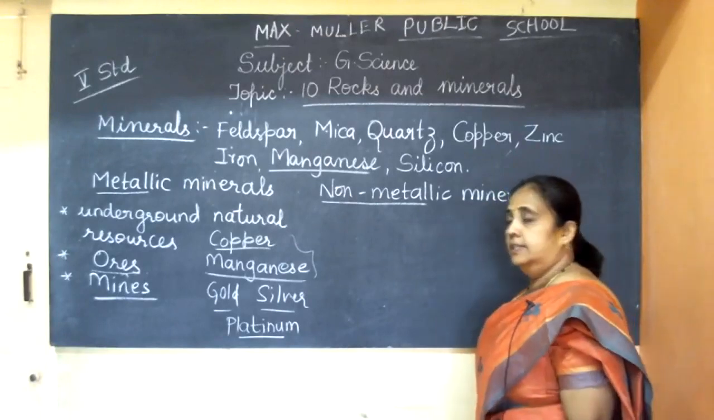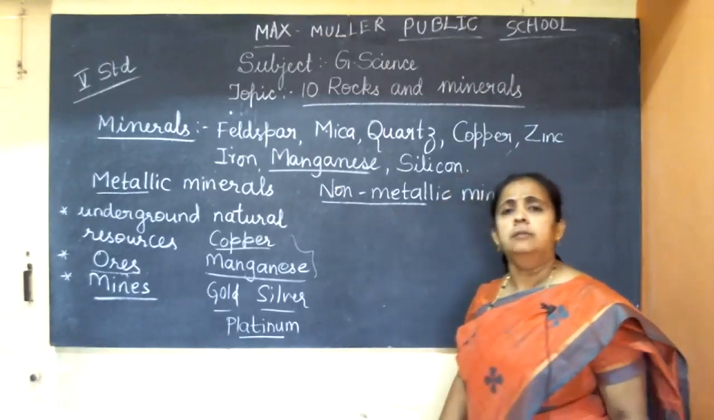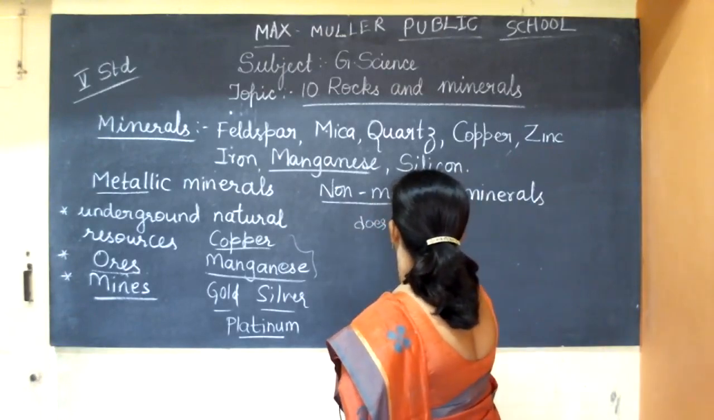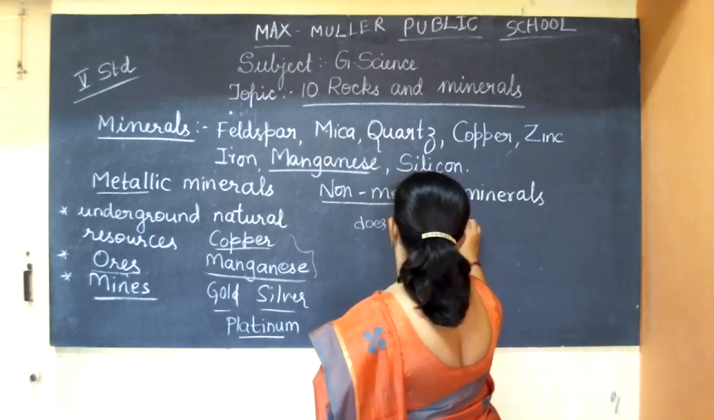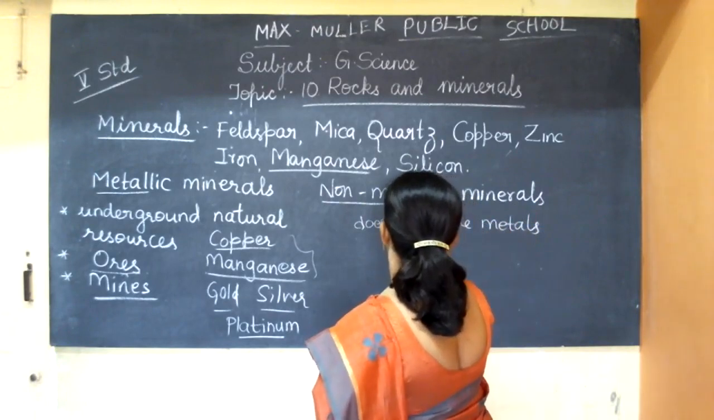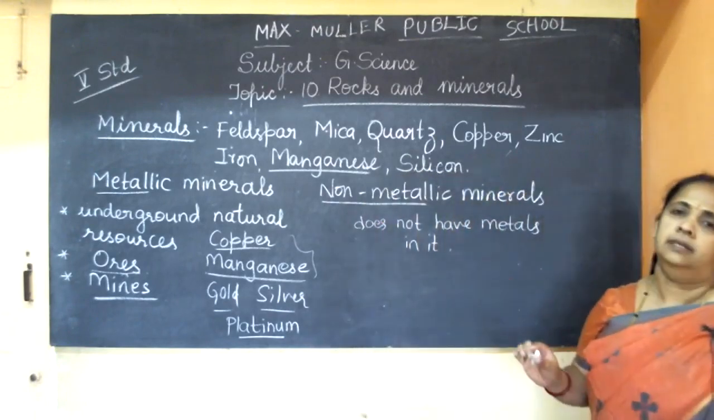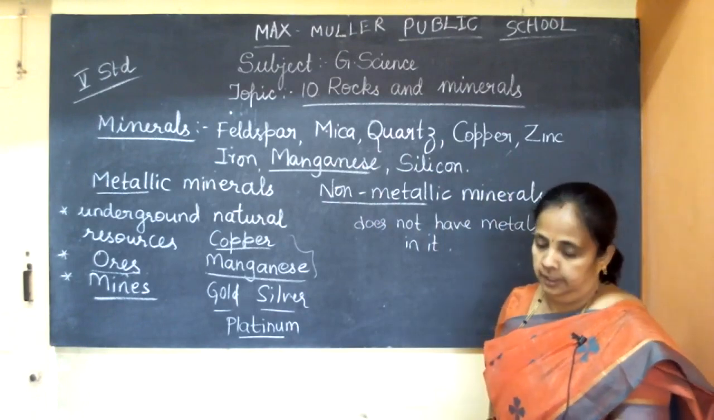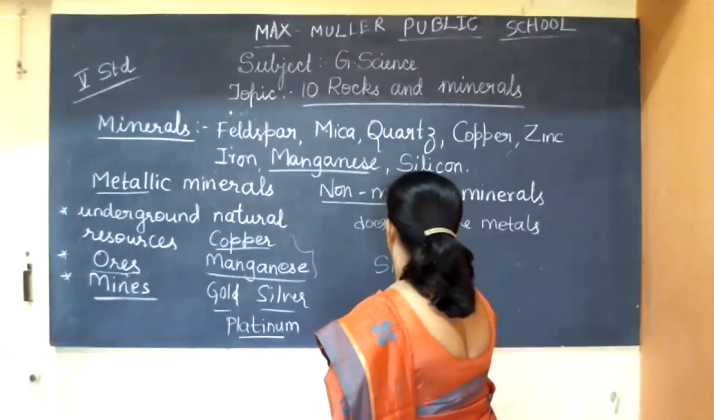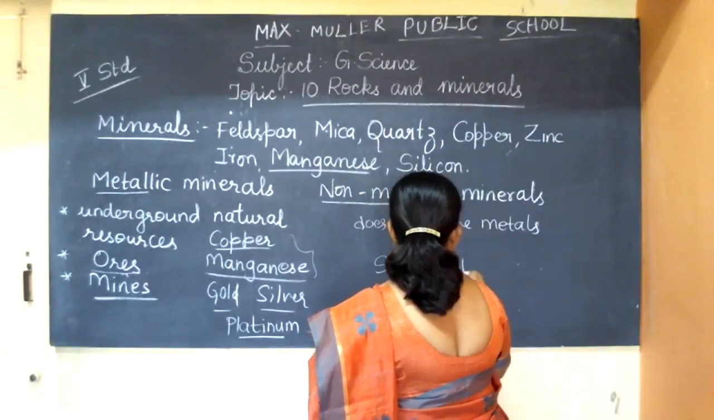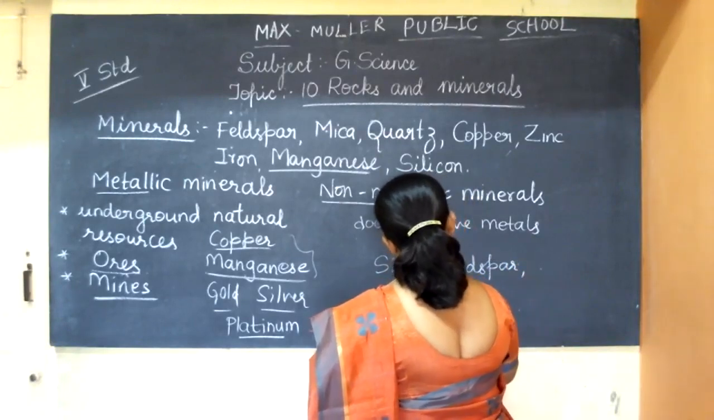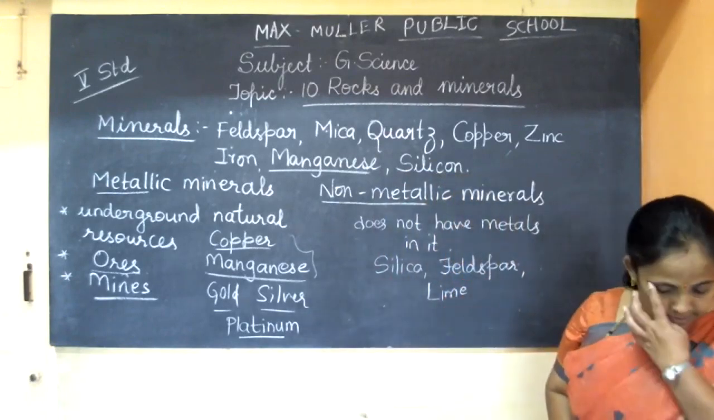Okay, so as I said, the name only says non-metallic. That means it does not contain metals in it. It does not contain metals in it. So it has only minerals. It does not contain any metals in it. Okay. So a few examples of that are silica, feldspar, lime. Okay, so these are a few examples for